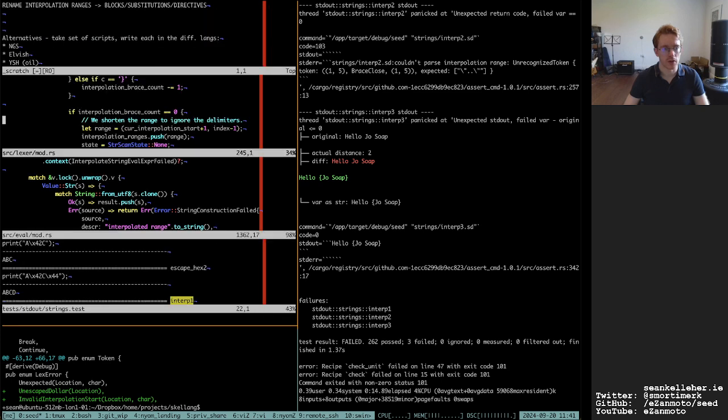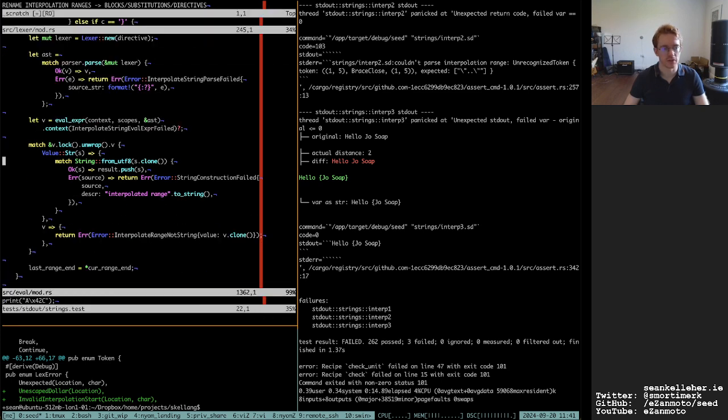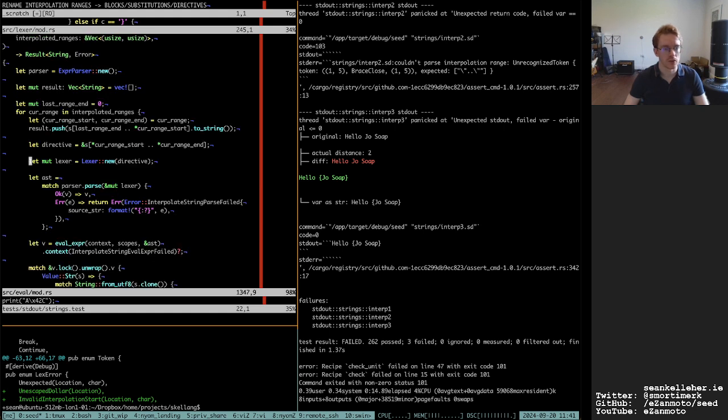Well, first of all, I had saved the file where I had shortened the range, but I hadn't saved the file where I'd actually changed the usage of that. Okay, so that's one issue, where now that I'm including the directive,